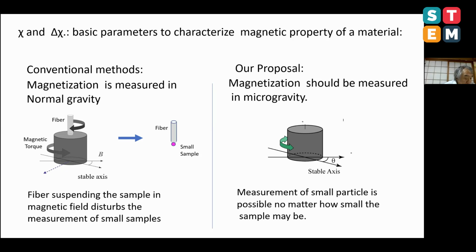And in terrestrial gravities, the influence of signal from the sample holder is not negligible in both measurements, especially for small samples. So therefore, magnetization of solid particles below submillimeter size